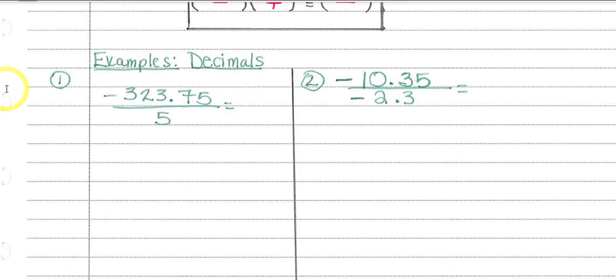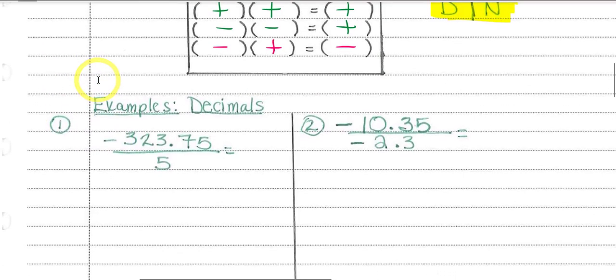So in this situation, I've got a negative 323 and 75 hundredths being divided by 5. So just like we did with our multiplication, I think it's a great idea to first determine if your answer is going to be positive or negative, and then you don't have to think about that anymore. So if I look at this situation, I've got a negative divided by a positive. I know my answer is going to be negative. And now I can just focus on